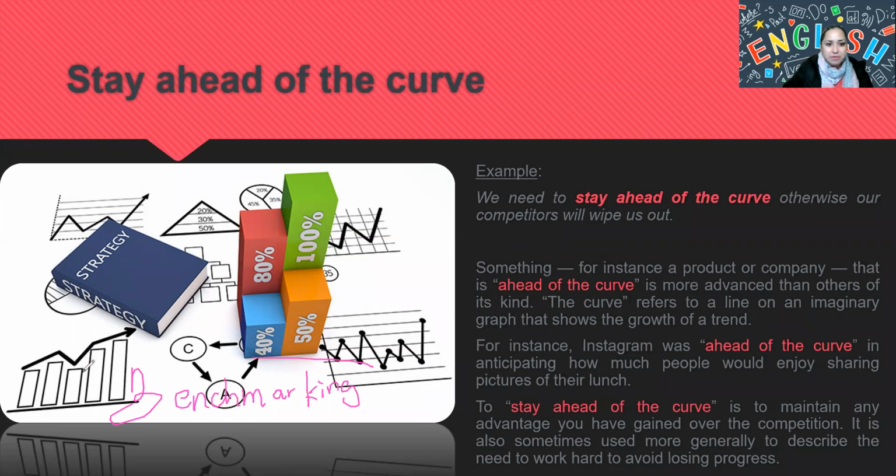I hope you remember what benchmarking means. It keeps you ahead of the curve. It is also sometimes used more generally to describe the need to work hard to avoid losing progress. So yes, I just wanted to remind you that benchmarking is related to this.